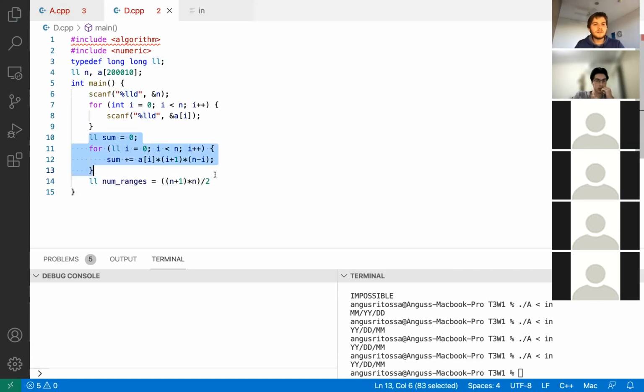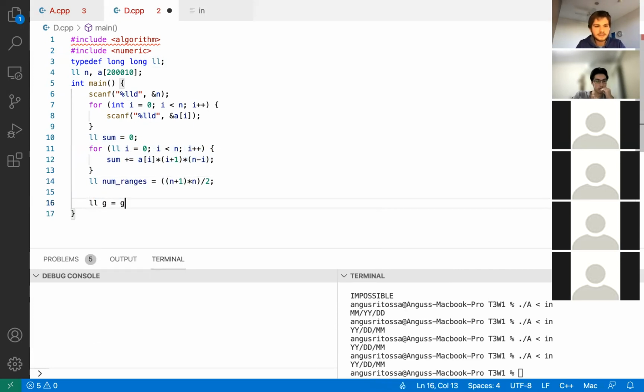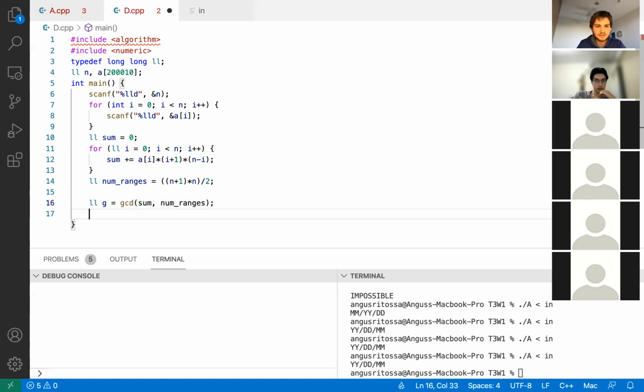Then we get the GCD, which is a default function in numeric, of sum and num ranges. And we're just going to print out the fraction, which is the sum divided by the GCD and the num ranges divided by the GCD.